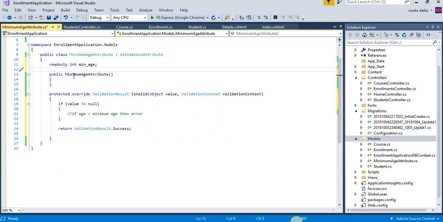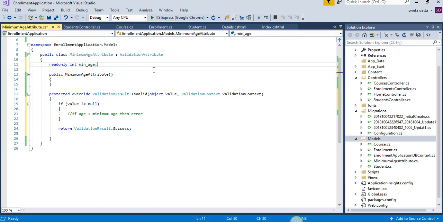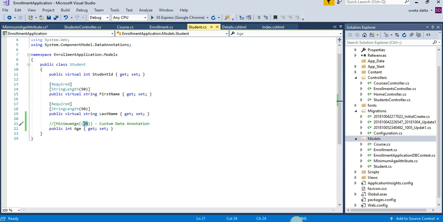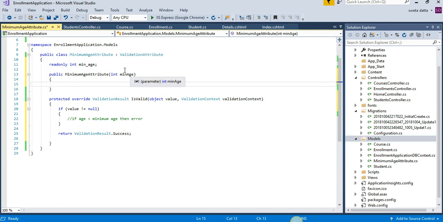Okay. Now, if you go back to the student class, you can see we want this to be an input. We want the user to say it. We don't want to hard code it. I can say minimum age equal to 20 here, but that's not what we want. We want whoever is using this attribute to define that. So we are going to take this as an input. The only place you would take it as an input is in this constructor. Okay, constructor, we are getting the parameter in the constructor, and this is our